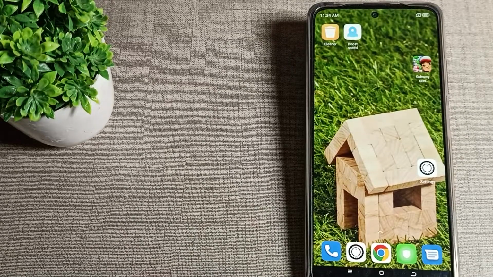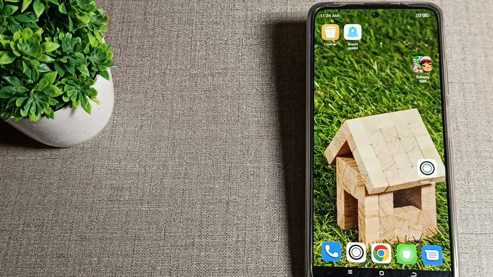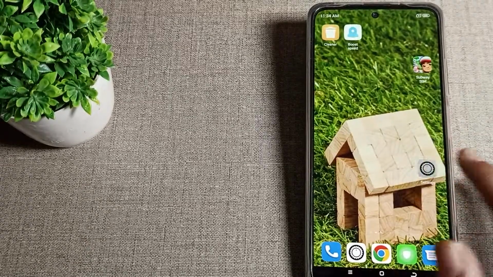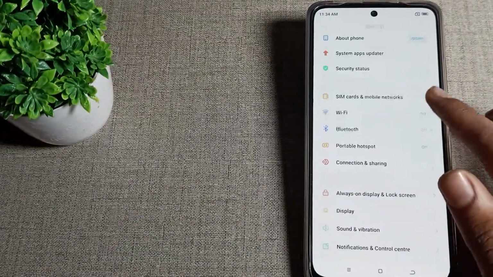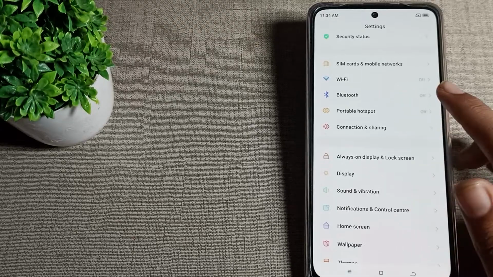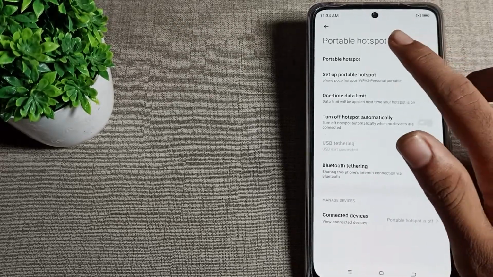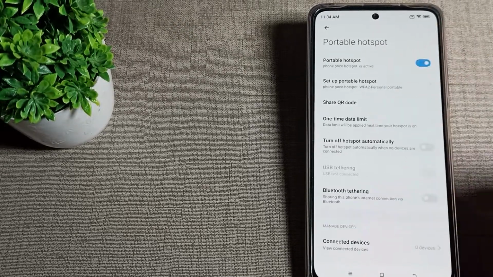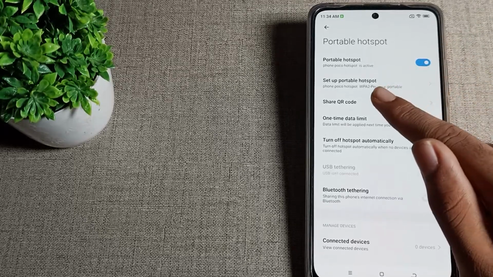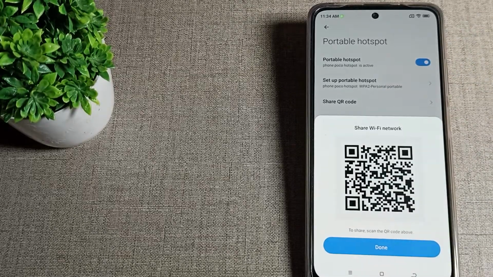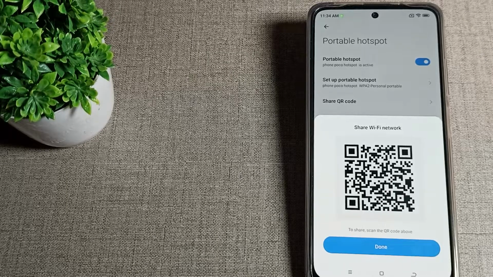So friends, now let's see how to enable portable hotspot on a Poco phone and how we can use it. First of all, open our phone settings and scroll down. Friends, you can see the portable hotspot setting. Tap on portable hotspot. You can see the portable hotspot option. If you want to enable it, you can enable it from the right side. After enabling, you can see share QR code. So when you want to share your hotspot with your friends, family or relatives, you can share